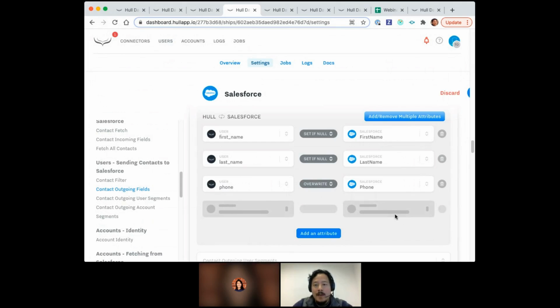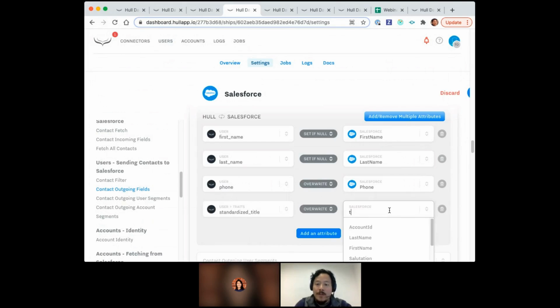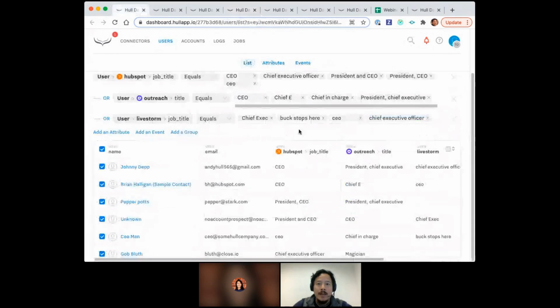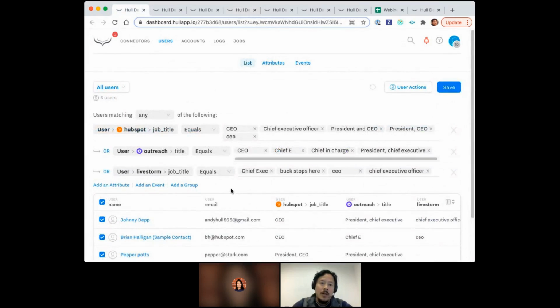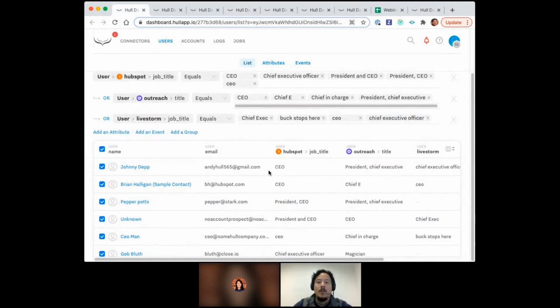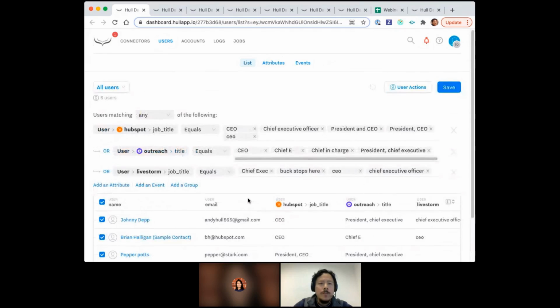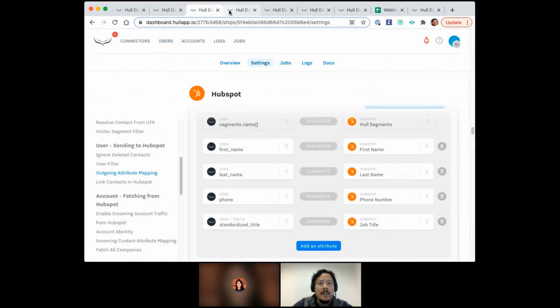Nice thing about that is that I only have to do this once, and then in the future, it will be syncing that attribute no matter what. So now that I have all of these attributes mapped, I can go through and do the other titles as well, and they will automatically be synced to that field. So I think one thing that I'll mention quickly is that